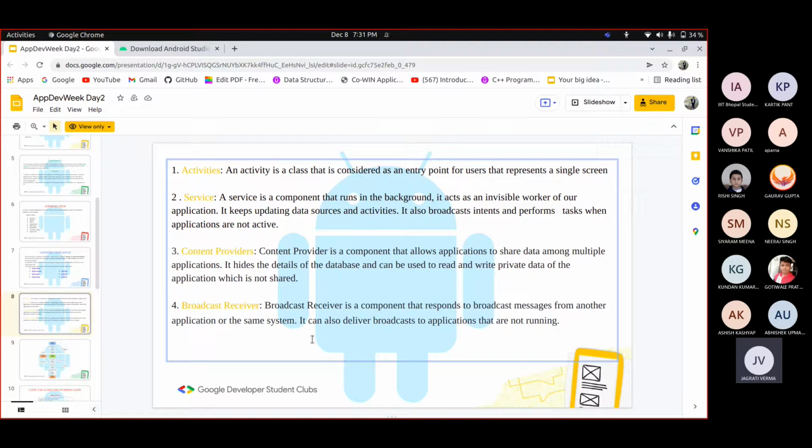The main part is that it works even when the application is not running. Even if your pedometer app doesn't update you because it is in the background, the broadcast receiver will take the information and store it, and when you open the application you will have the steps you have run, even if the application was in the background or your phone was locked. That is the magic of the broadcast receiver. We can use it for pedometers and that kind of application, and even if you want to make a Wear OS app, I think it can be used.